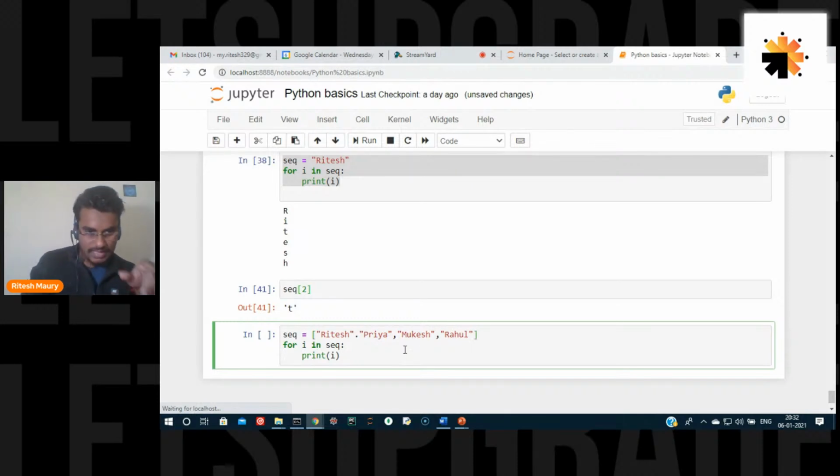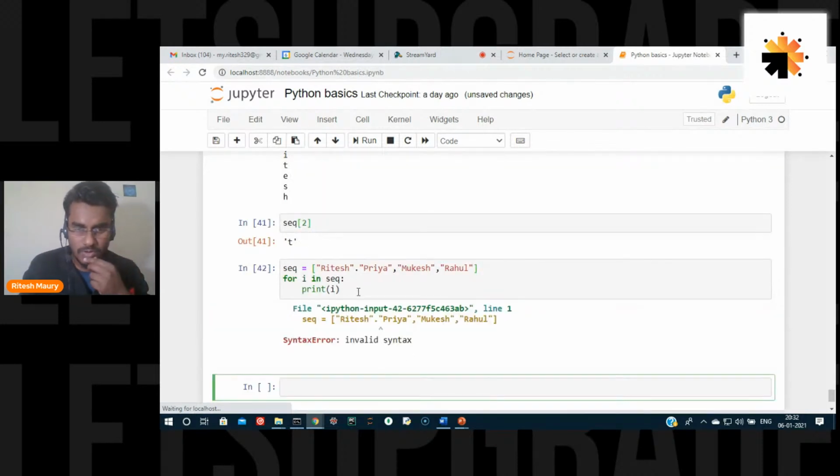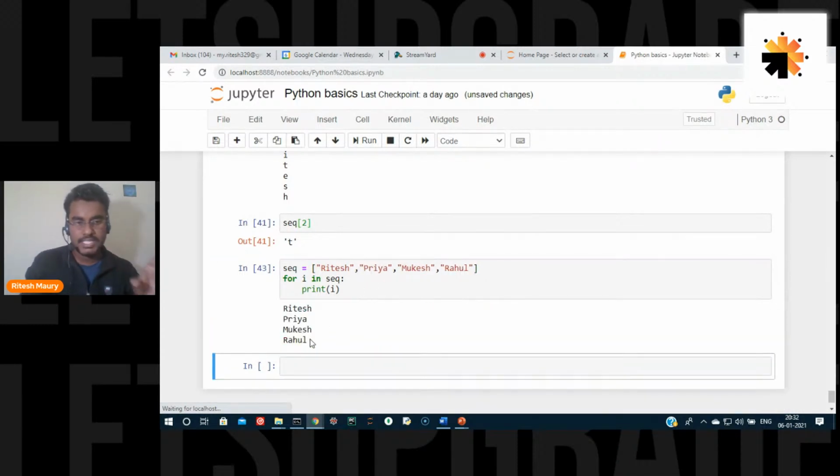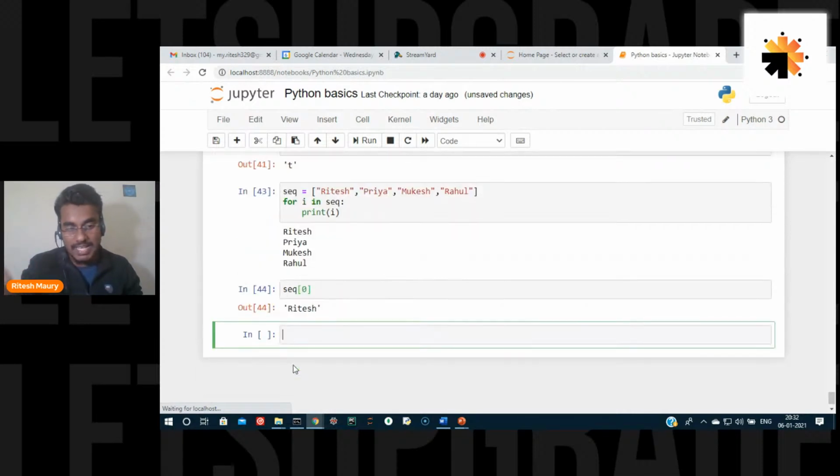If I run this file, you'll get an answer. What's the problem? Okay, I've just put it in. You're getting Ritesh, Priya, Mukesh, and Rahul, not just R. It's confusing because this is contained in a list. This time, if you write seq of 0, you'll get the answer Ritesh,